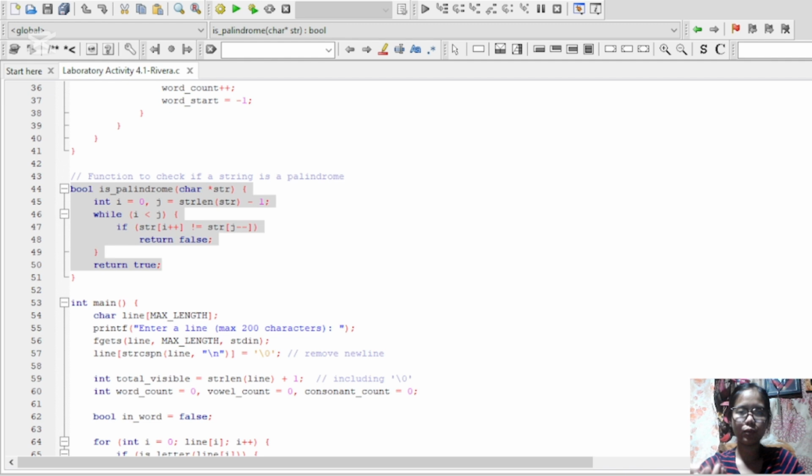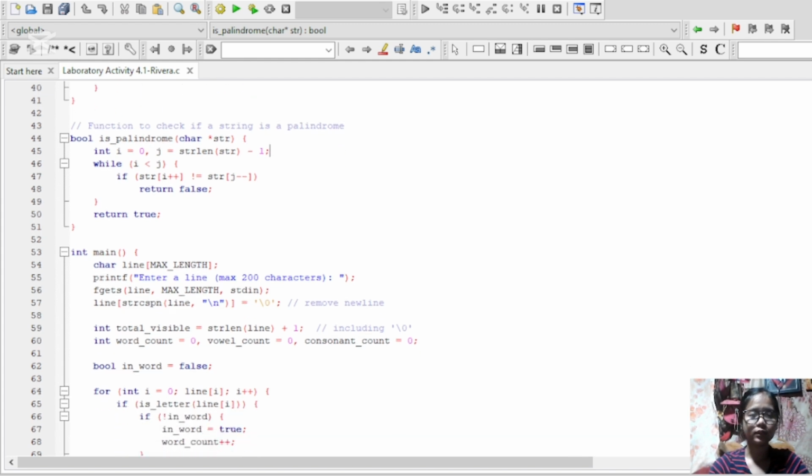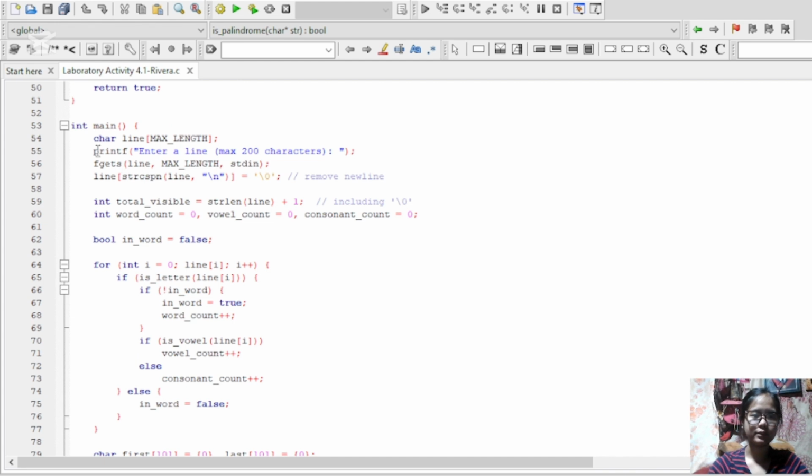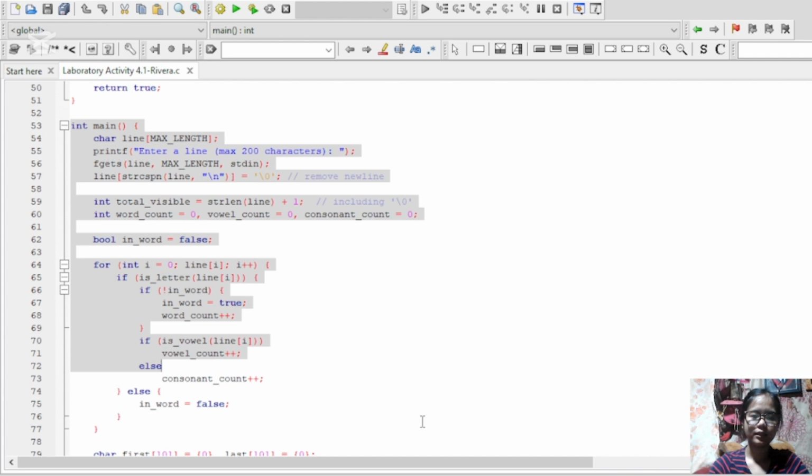We use two pointers, one from the start and one from the end, and compare until they meet in the middle. Okay, so this is the main function start. Let's scroll down.